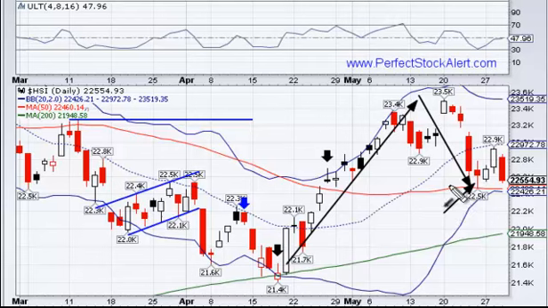Then you wait for confirmation. You want to see a higher high than you had seen on this particular candlestick. Well, you got that two days later. So all of that would tell a bull, okay, we have a stop loss limit right here. We're buying right here. That makes perfect sense. And then what happens? We turn around and just come right back down here and form a very bearish candlestick formation, which is calling for continuation to the downside. So this is showing you that the bullish trend here that you typically would be a buyer of is breaking down.